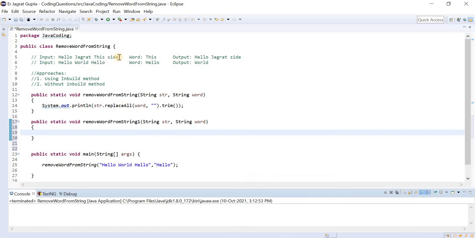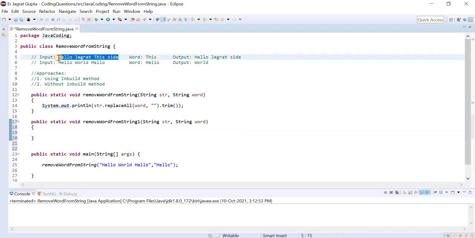If you see this string very carefully, my approach would be like this: we will create an empty string, of course the output string that we will store in that particular string. Then we will separate each and every word of this string with the help of a split method, and then we will apply the for loop and check for that word that we want to remove.